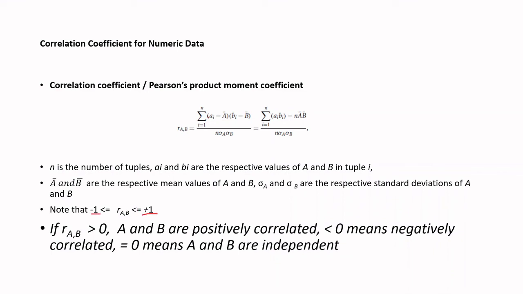and +1. So basically, when a_i increases, b_i also increases. That is when they are positively correlated. The difference value you generate will be a positive value. Okay, you get a positive value here, and you divide by the standard deviations to get a positive number between 0 and 1. They're positively correlated. Okay, now if a_i increases and b_i correspondingly decreases, which means